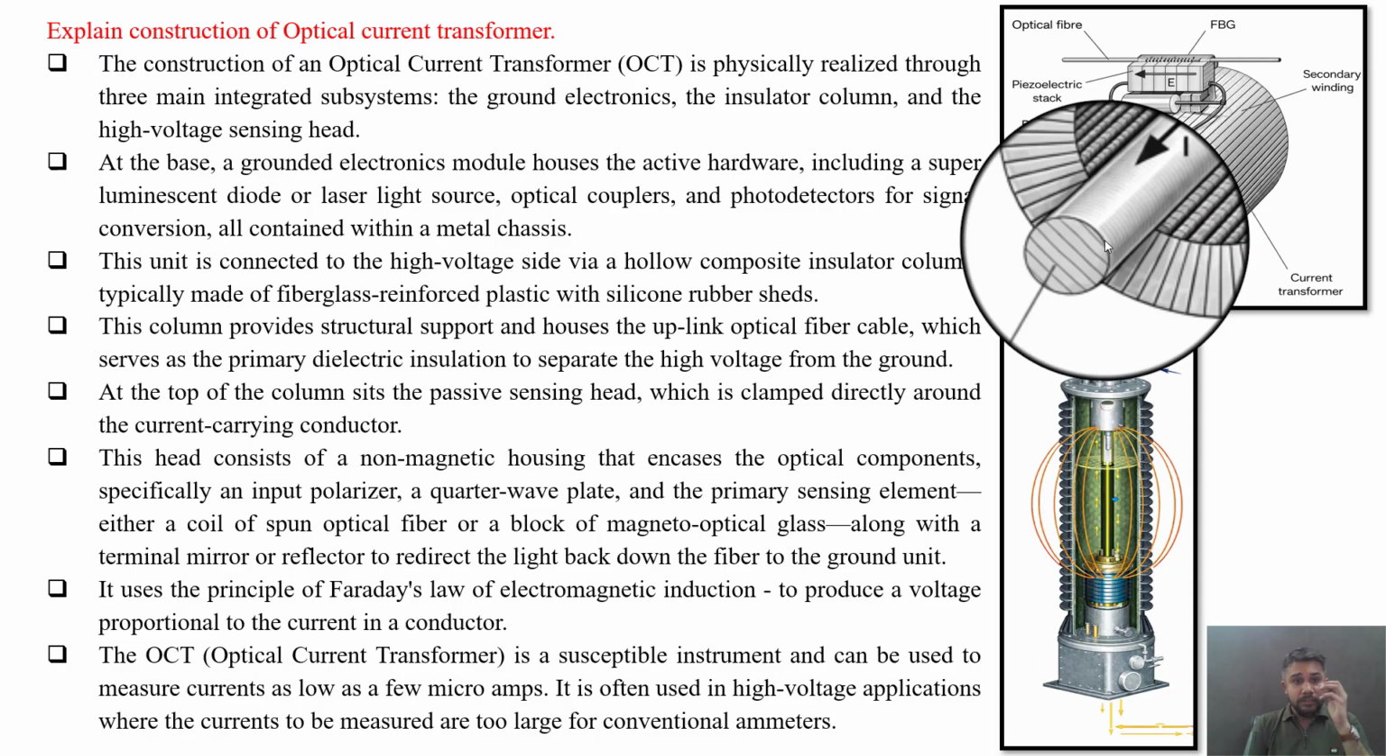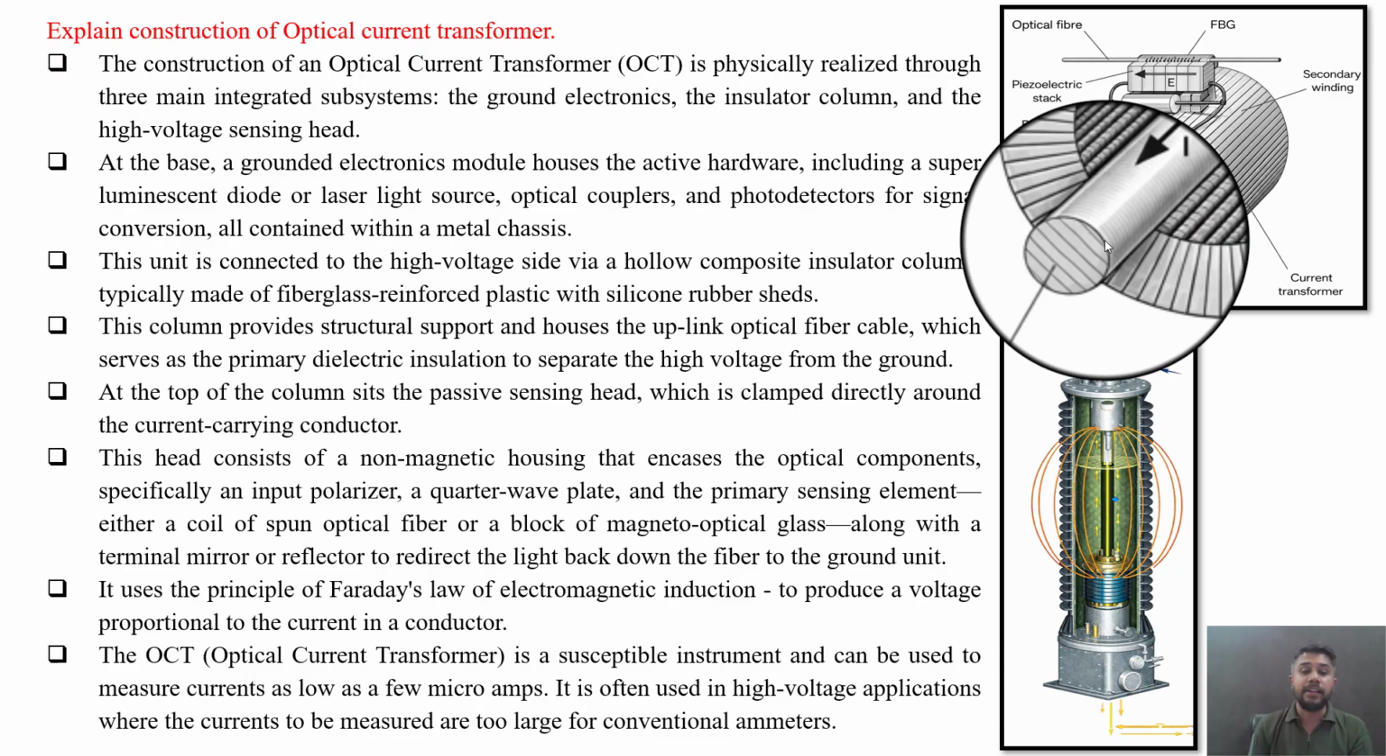Now the head consists of a non-magnetic housing that encases the optical components, especially an input polarizer, a quarter wave plate, and the primary sensing element, either a coil or a spun optical fiber or a block of magneto-optical glass, along with a terminal mirror or say reflector to redirect the light reflected back down the fiber to the ground unit. It uses the principle of Faraday's law of electromagnetic induction to produce a voltage proportional to the current